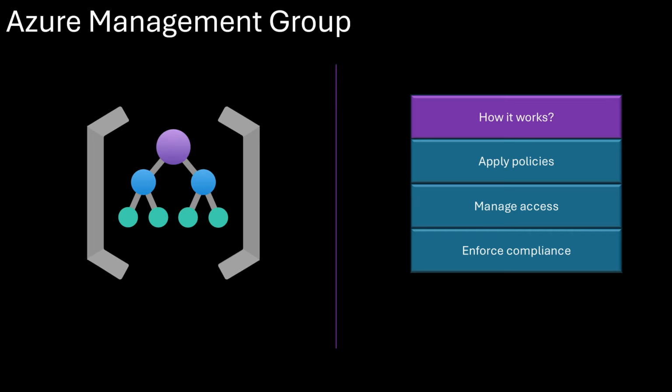You use management groups to group Azure subscriptions together under a single governance umbrella. These groups allow you to apply policies, manage access, and enforce compliance in one place. For example, if you apply a policy to a management group, it cascades down to all the subscriptions, resources, and the resource groups within it. Using Azure Management Groups, you can manage multiple subscriptions more efficiently and ensure consistent policies and access control across your